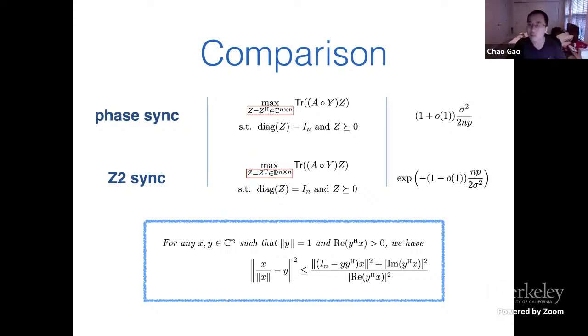Right, it's a very good question. If the truth, Z star, is either plus or minus 1, but you use SDP in a complex space, it will still give you the polynomial rate. Because here, the inequality, I didn't say it only depends on the truth. It actually depends on some other quantities as well. I see. Okay, that makes sense.